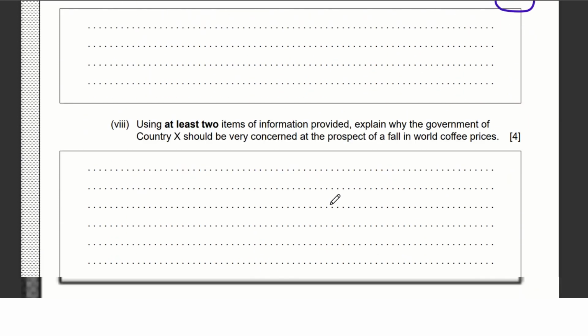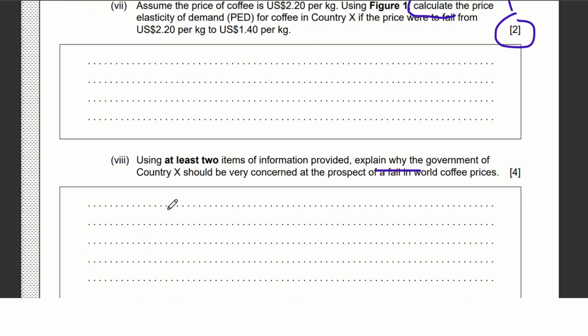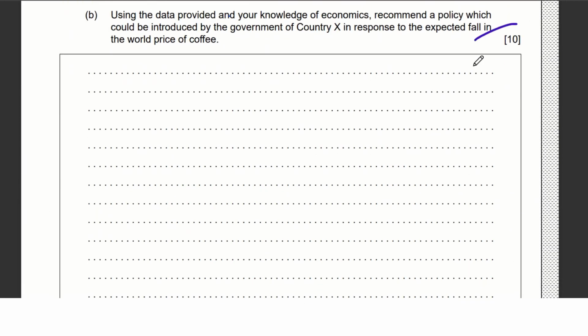And using at least 2 items of information provided, explain why the government of country X should be very concerned at the prospect of a fall in world coffee price. Here also, see, remember explanation question. Okay, already 6 marks was there, and now it is 4, so 10 marks. So 10 marks are calculation, 10 marks are explanation, and 10 marks are policy related. This is the structure. Right, out of 30 marks,